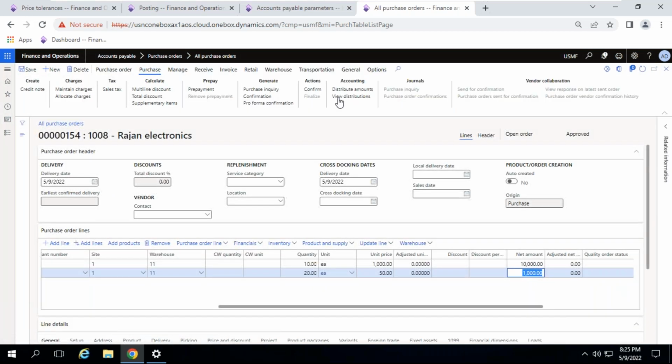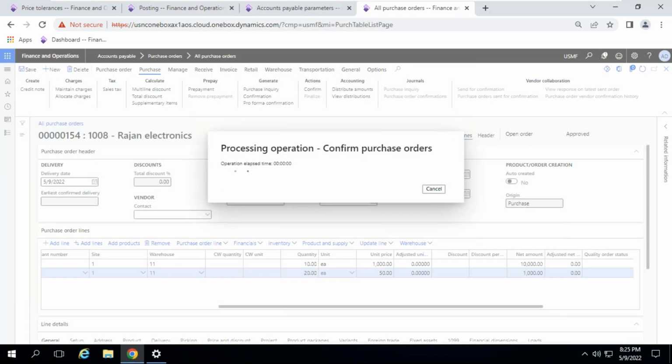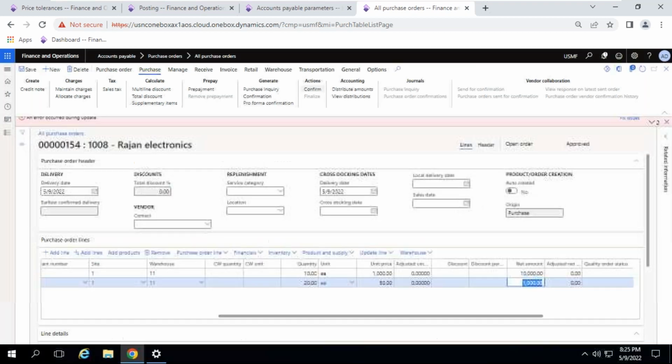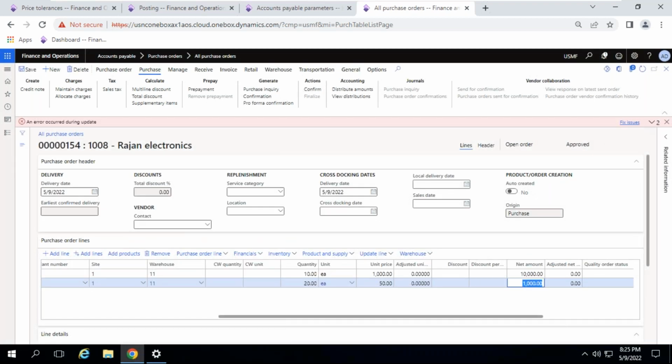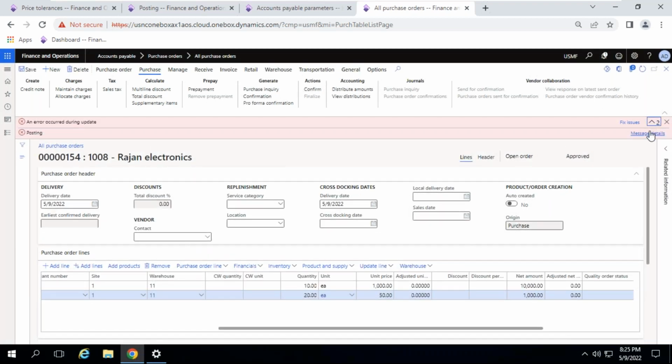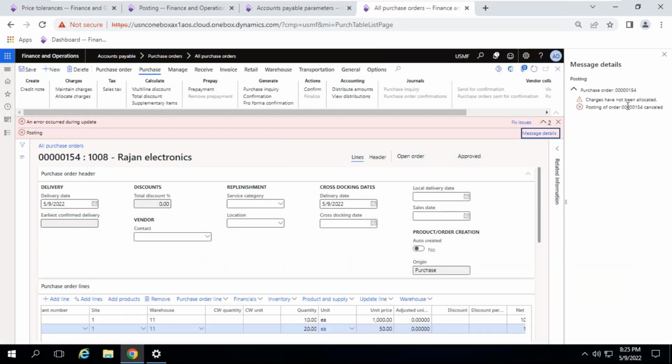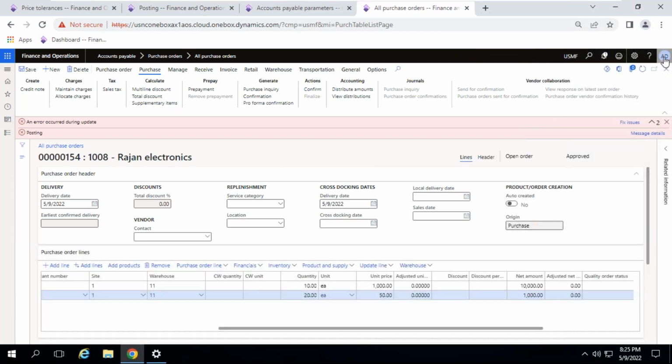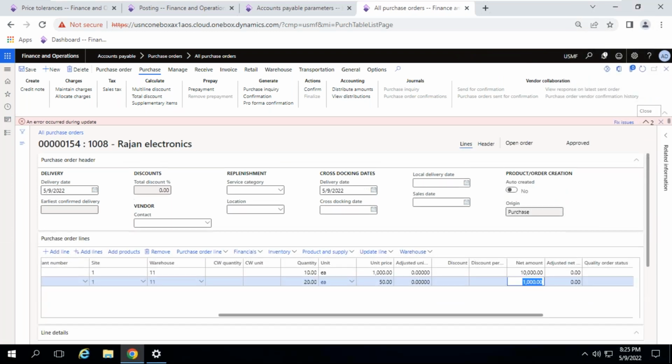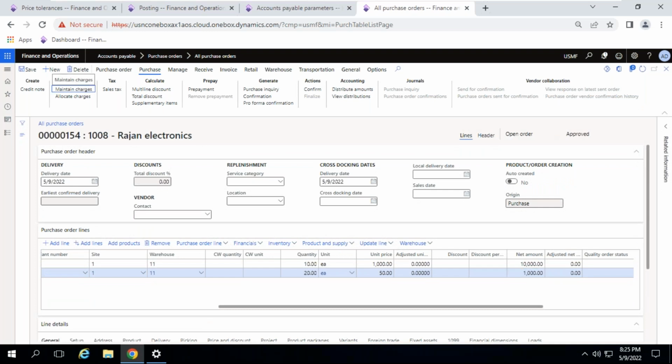Now I'm doing confirmation and I'm getting an error message. What is this error message? Allocation was not done. Charges have not been allocated. So the $110 you are telling, whatever you have entered, this transportation charges,